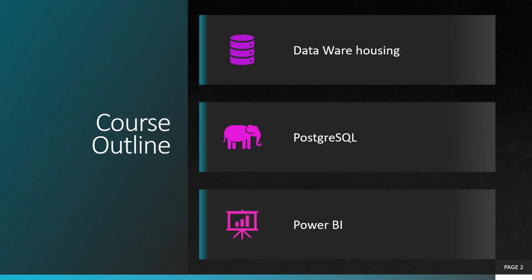The main purpose of PostgreSQL is to have a sound knowledge of the structured query language SQL, which is a kind of universal language that is used by all the database systems. Along with this, we are going to learn in one detailed class about data warehousing, which is very important for a person who wants to excel in Power BI.